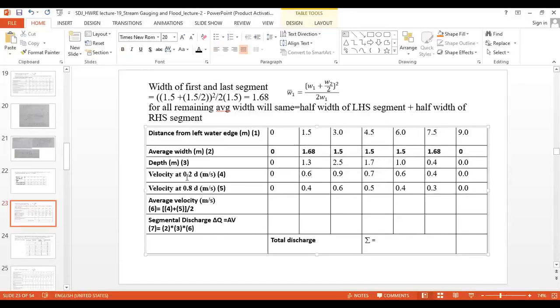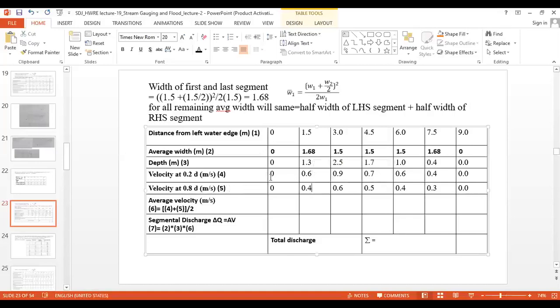Then they had given us a depth that is not going to change at all. Now the only thing is that they had given us the velocities at 2 points, means they have used the 2-point method to find out the velocities. Means velocity they have measured at point 2d and point 8d. It means 0.2 times the depth, means 1.6 into 0.2, whatever depth will be there at that point they have measured velocity. Similarly 1.3 into 0.8, whatever depth will be there, they have measured the velocity at that depth.